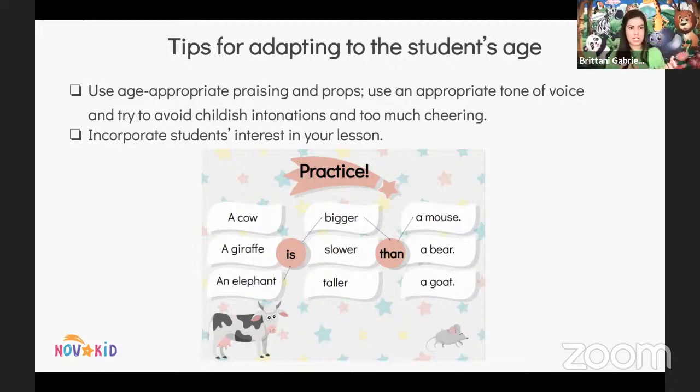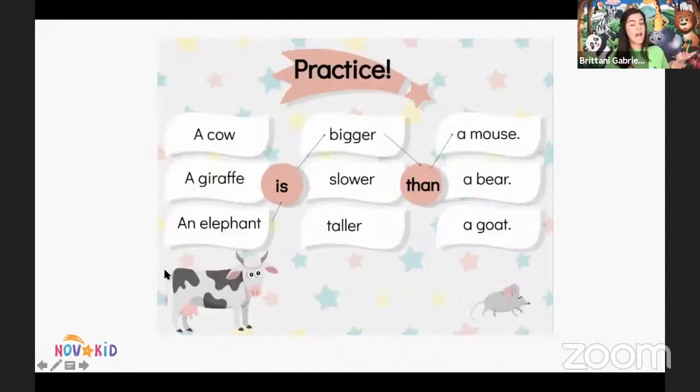Take that information and use it in your lessons. It'll show that you listened, it'll show that you have a genuine interest, and they'll think, wow, my teacher really cares about me.